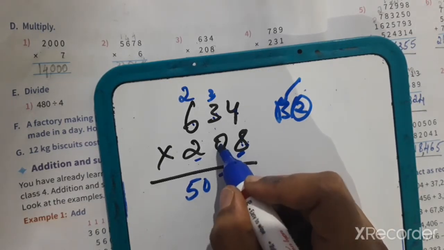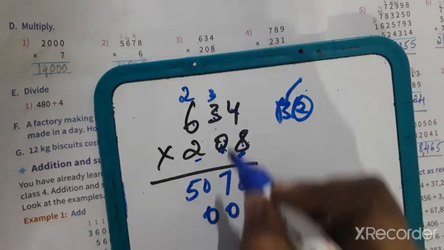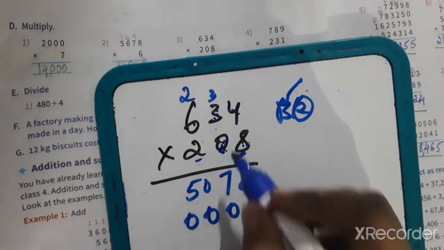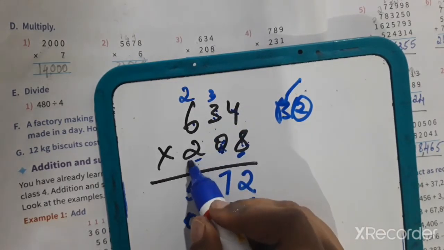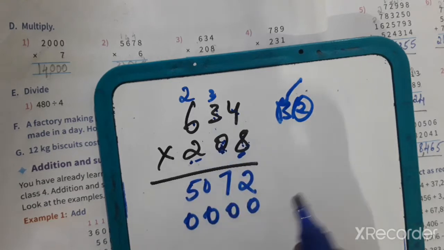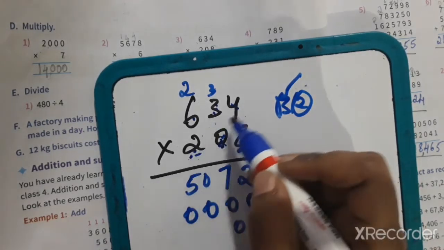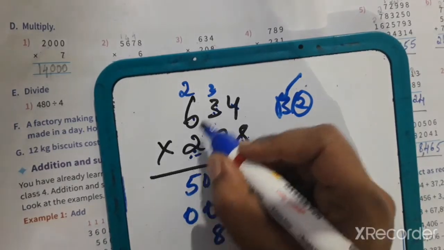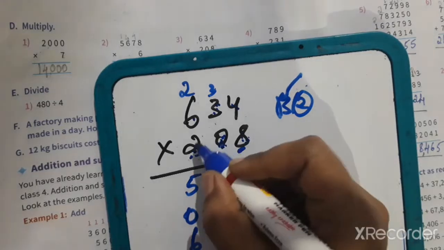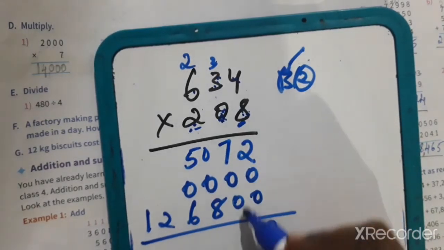So this number is in the tens place. So multiply now. 0 into 4 is 0. 0 into 3 is 0. 0 into 6 is 0. Over. 0 with each number, multiplication is over. Now 2. 2 in which place? Ones, tens, hundreds. So fill ones, tens place, and fill the hundreds place and multiply the number. 2 4s are 8. 2 3s are 6. 2 6s are 12.